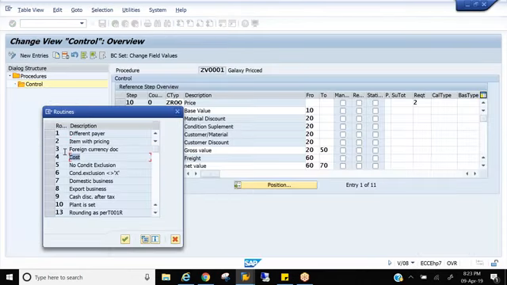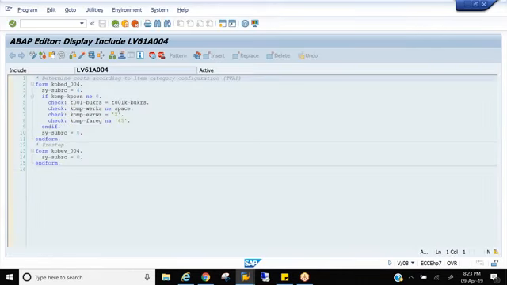Routine 4, what validation is it checking? Cost. Routine 4 checks whether the cost price should come into the sales document or not. What is the condition type for cost price? VPRS. Where did we maintain cost price? In the material master, accounting view. But the system is telling you that even though you maintain cost price in the material master, go and check in the item category whether the determine cost field is activated or not.